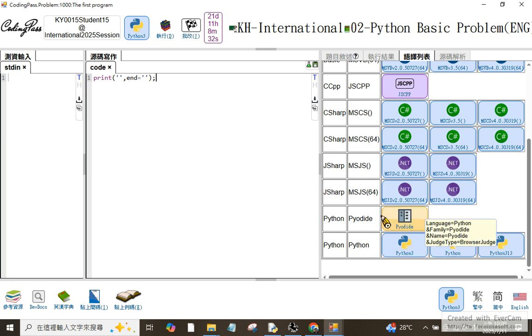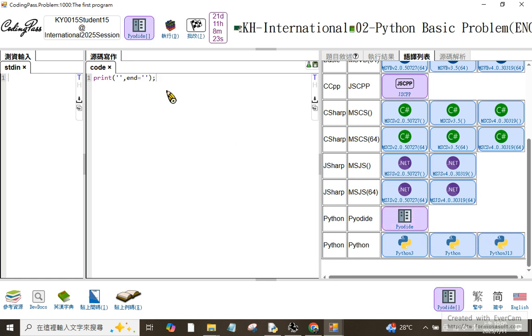If you want to use Python language, you can also select this one. You can also select this one. If you select this one, the language will change to PyDroid. But still, I recommend you to use the new one. Okay,